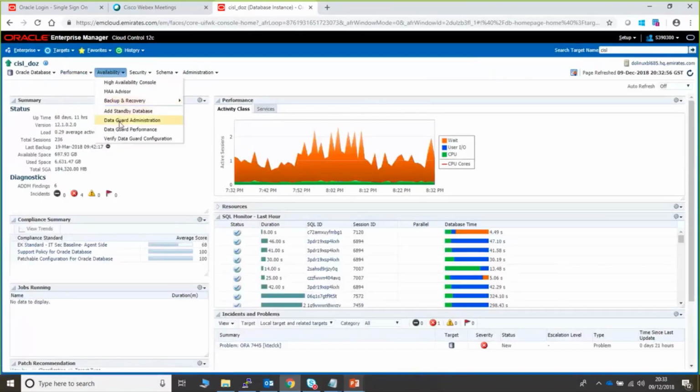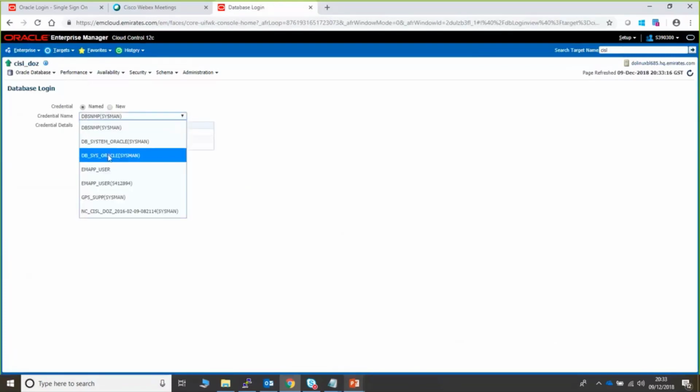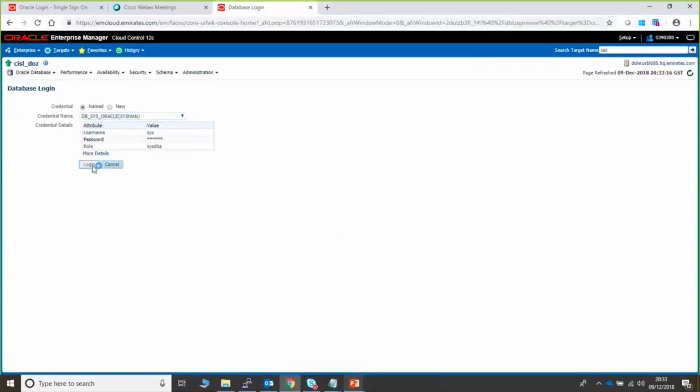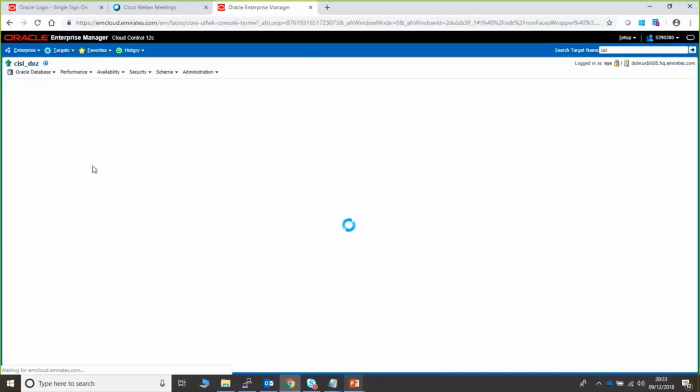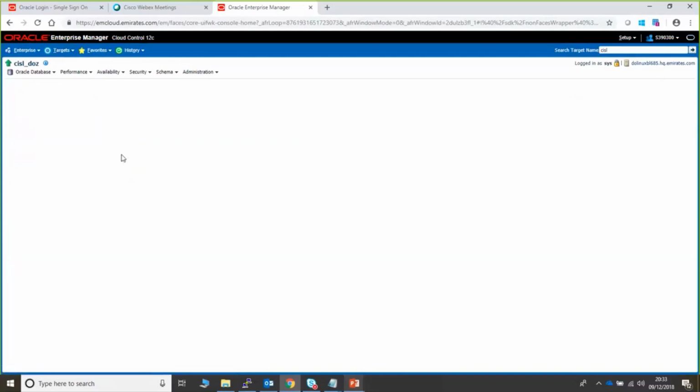This is the Data Guard environment. I hope this is the primary. If not, you have to go to the primary site. Oh, this is not a standby, so we'll go to the primary site.